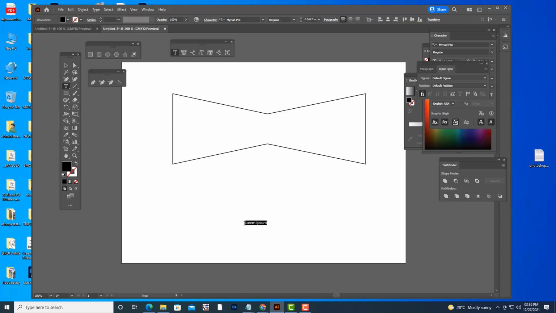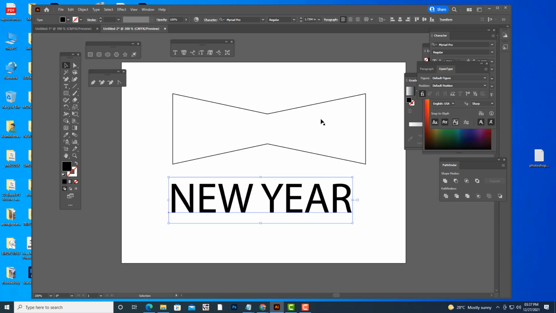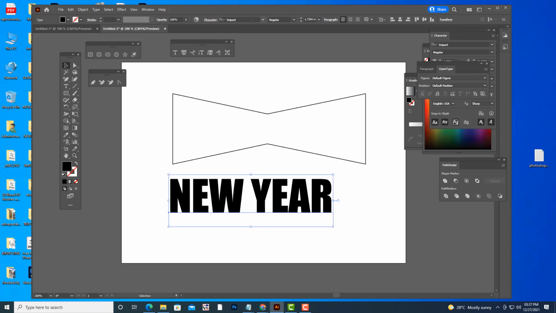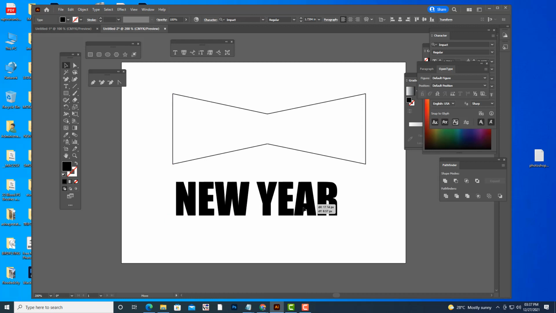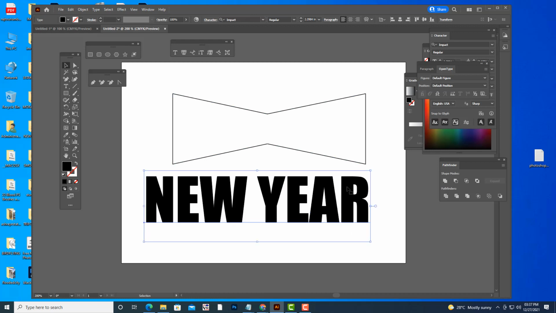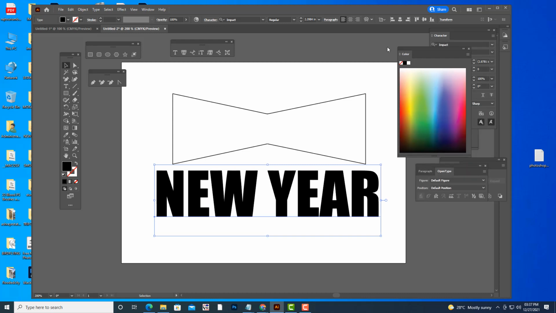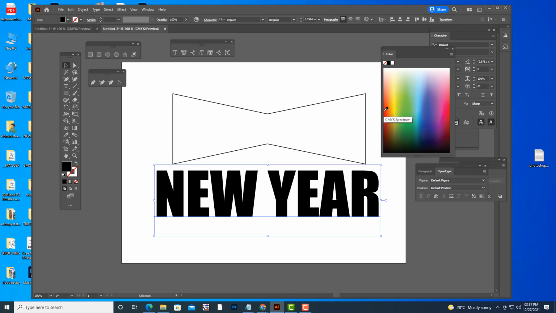I will type new year. Holding alt shift will increase it. Then we will use Impact here. You can use other fonts also, but for me Impact looks nice. Then the next step, you can give some color to this.